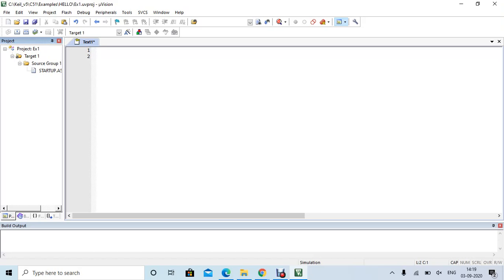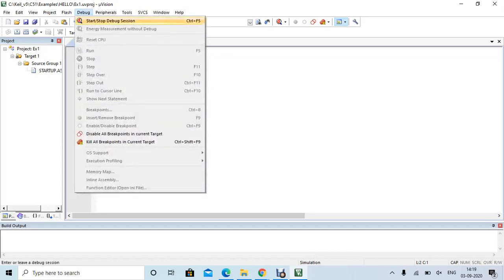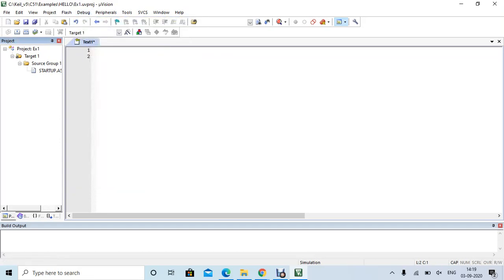Once that is clicked, it will show any error messages or warning messages in the build output window beneath. If there are 0 errors, then you can continue with the debug. Once the target is built, you have to click on debug and then click on start debug session.